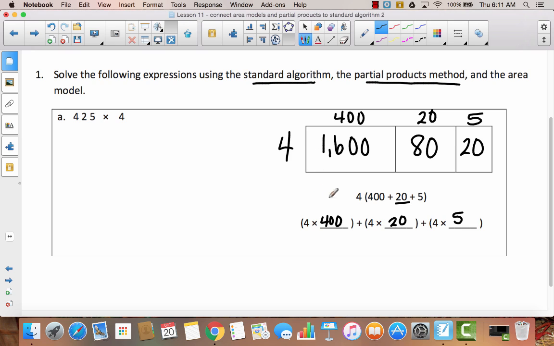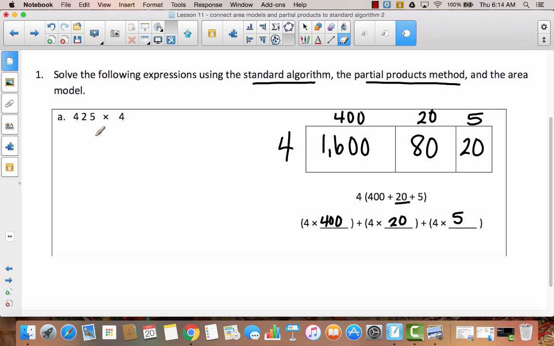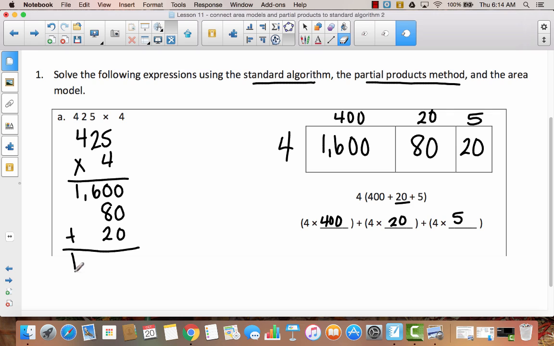Okay, so now all we have to do is add all of our partial products together, and then we will have our answer. Let's come over here and record this as partial products. So I've got 425 times 4. And then I'm going to record my first partial product when I did 400 times 4, which was 1,600. And then I'm going to add that to 20 times 4, which was 80. And then I'm going to add 5 times 4, which was 20. And when I add all of these partial products together, that's going to give me